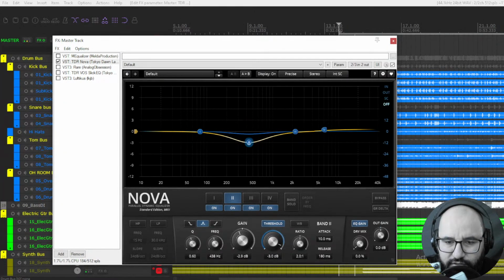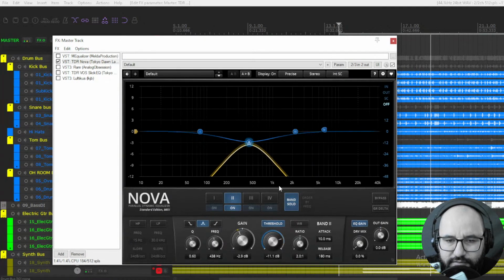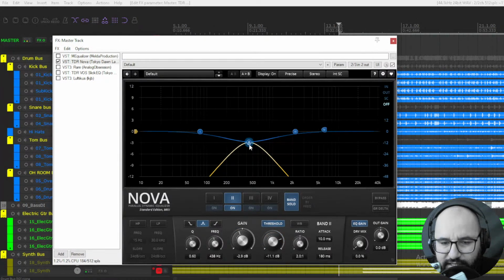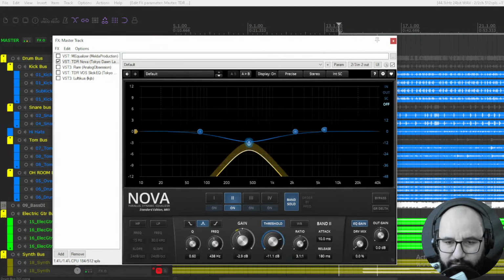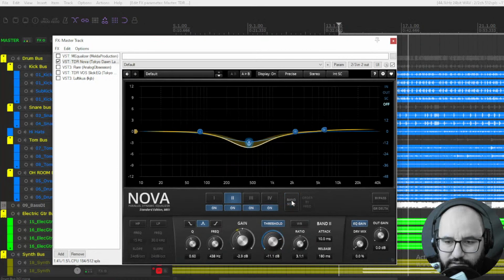So I started to turn down the threshold, right, and it's compressing, it's dynamically EQing, it's reducing that frequency only when it exceeds the threshold. So super cool. I can increase the threshold to have a bit more, right?